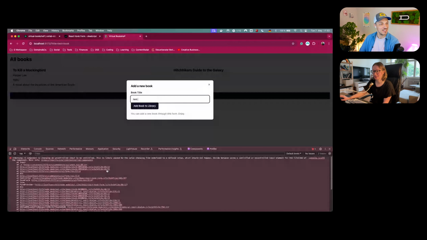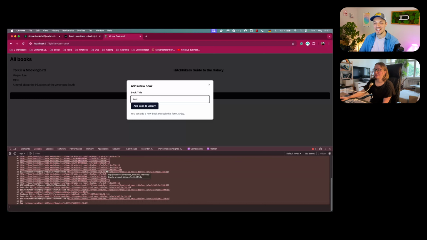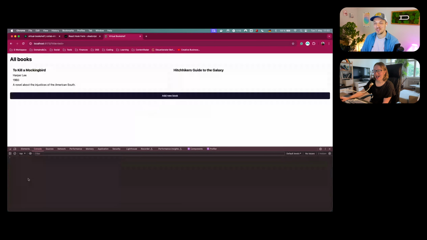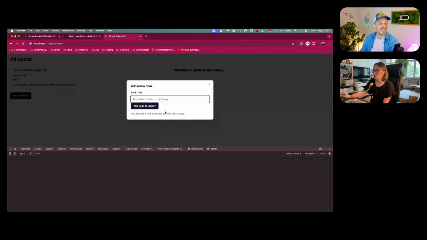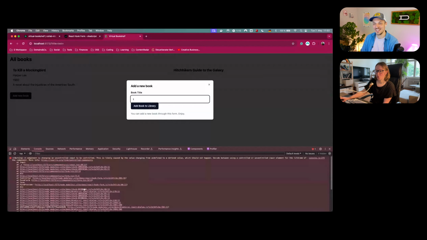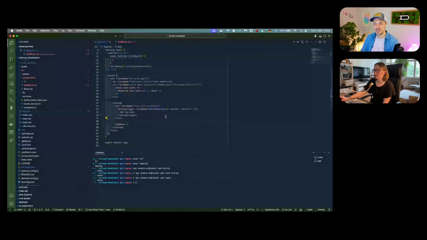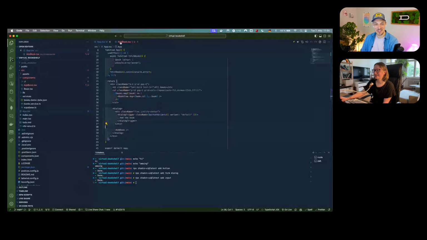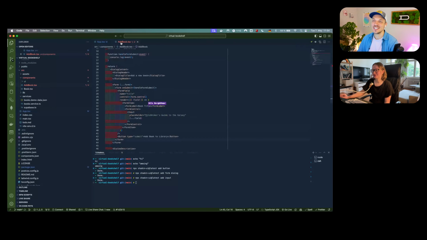Ooh, more errors. A component is changing an uncontrolled input to be controlled. Ooh, that is the stuff that everybody's always afraid of, right? I remember that warning when dealing with forms. Okay, I'm centering the button as a distraction to our actual handle. Let's not deal with the form. Okay, cool. So we're having an uncontrolled